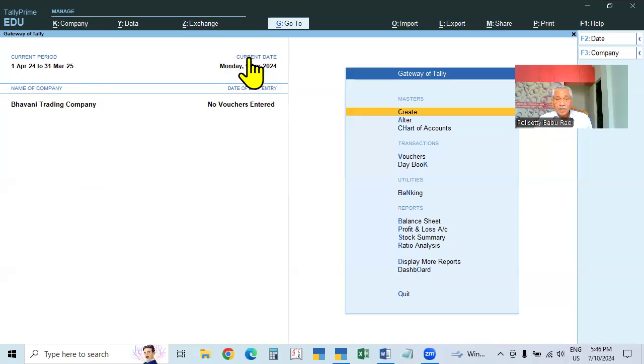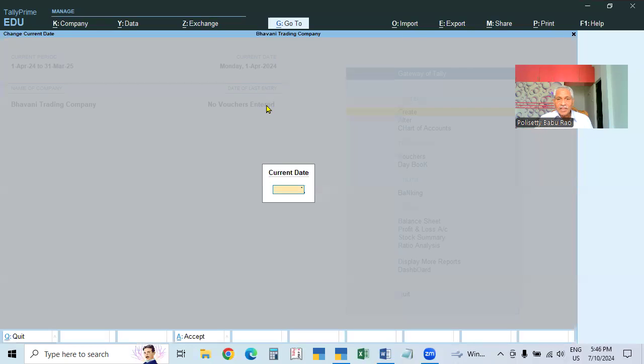On the right side, on the top, the current date will be there. So the date on which we are working now will be shown. Here you see, this is a new company, so we have not done anything. So the current date will be 1st April. And here, in this case,